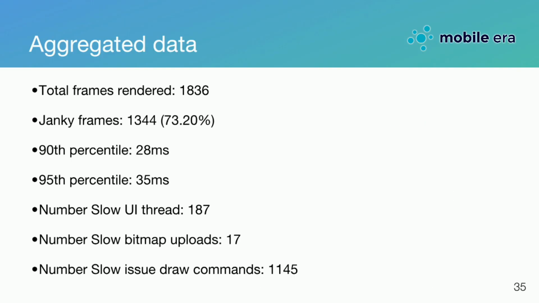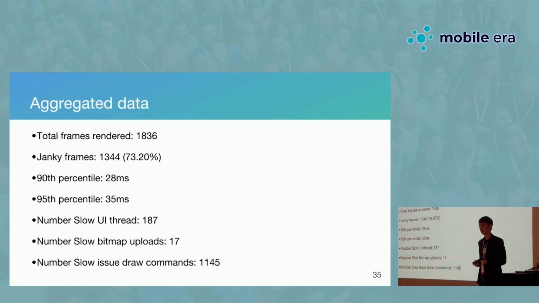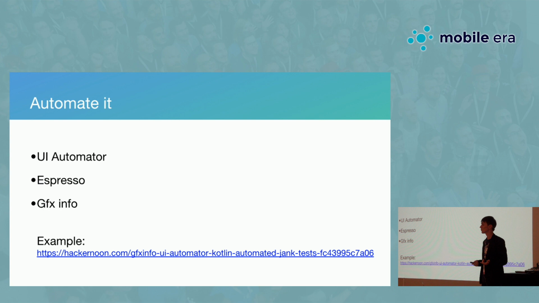It will show you how many frames were rendered at all, how many of them were janky, and what the percentile of the speed was with which you rendered your screen. And the good thing about this tool is that, because it's a terminal tool and all of us are programmers, we can combine and automate it with our tests. So, for example, when you run your UI Automator tests or Espresso tests, you just run this command afterwards, and you are able to parse the data and see your progress or regress going from one build to another. You see how many janky frames there were before and how many we have now. And for me, that's a very important thing.